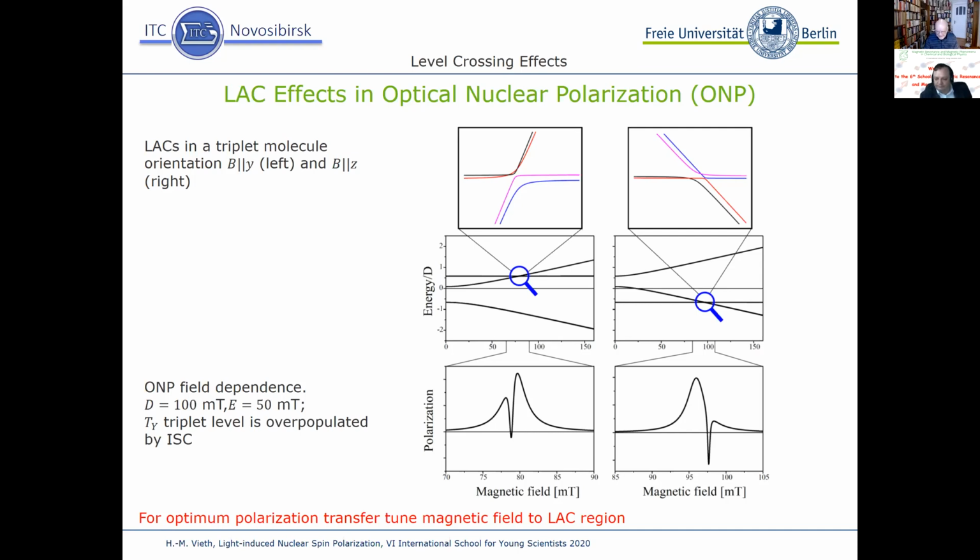What you need is a big polarization of the electronic spin system, and this is done by spin selective inter-system crossing from the directly excited singlet state. And this selective inter-system crossing is due to the